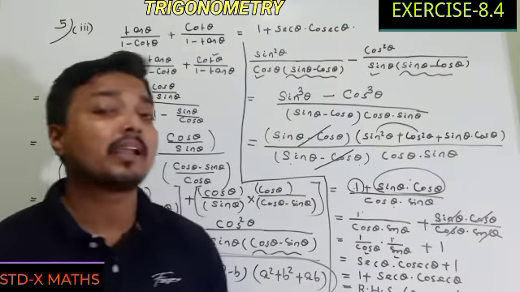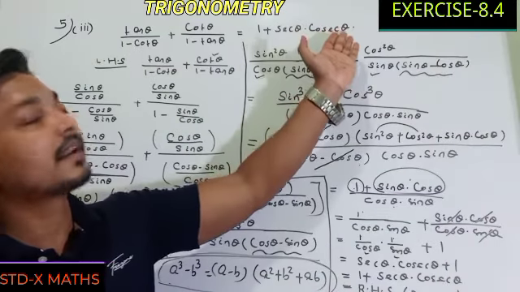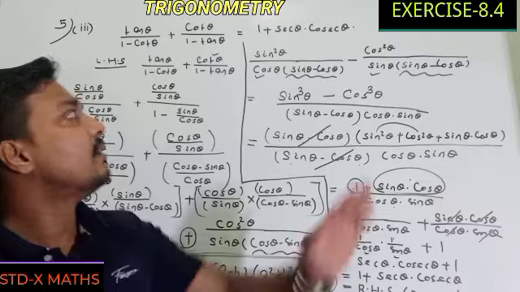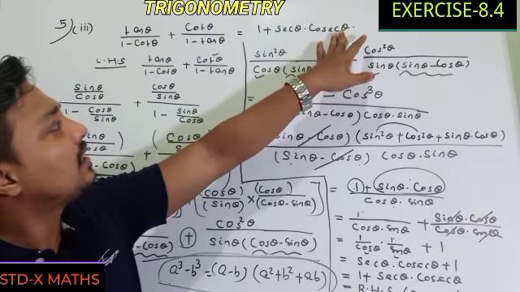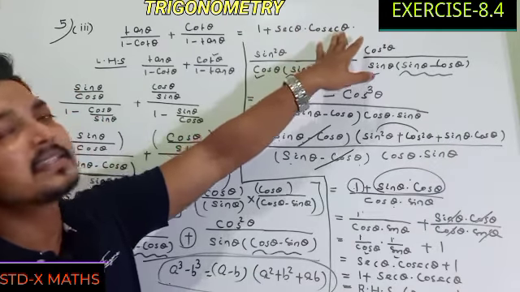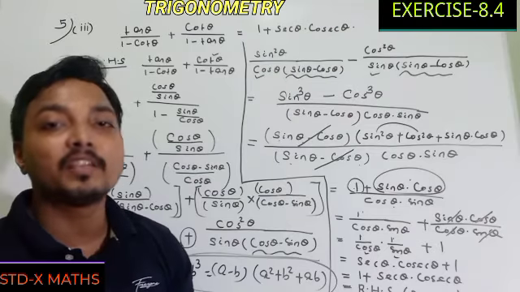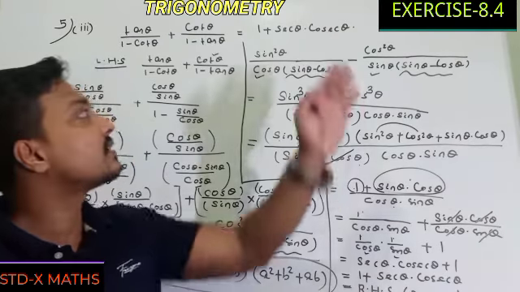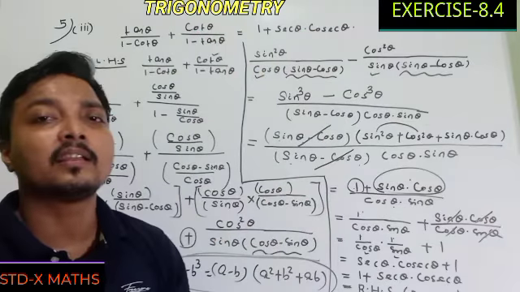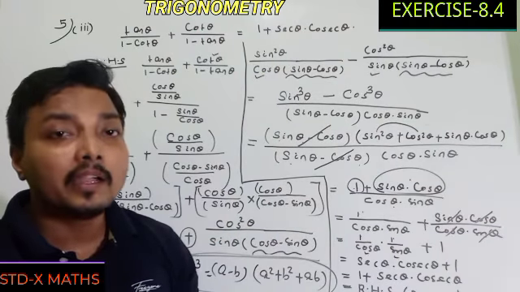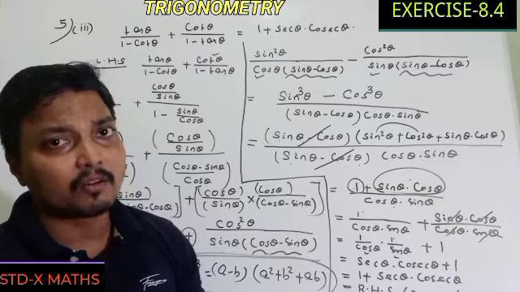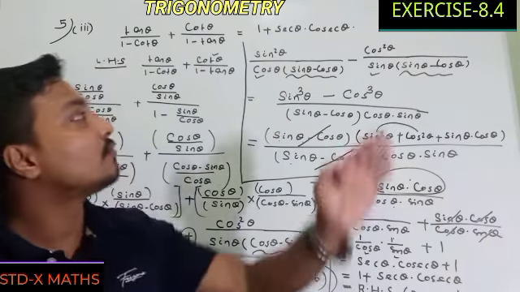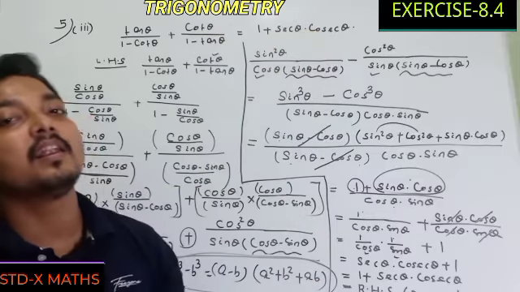Understood? Suppose someone says that if we start from the right side, can we reach the left side? No. The problem is that many more things have to be done. The right side is not sufficient to do the calculation so that we can easily reach the left side. It will be the longest route and take much more time. It is not easy to solve from the right side and reach the left side.